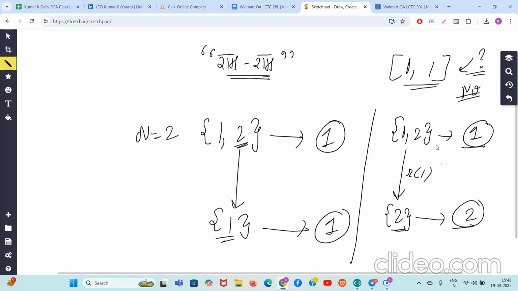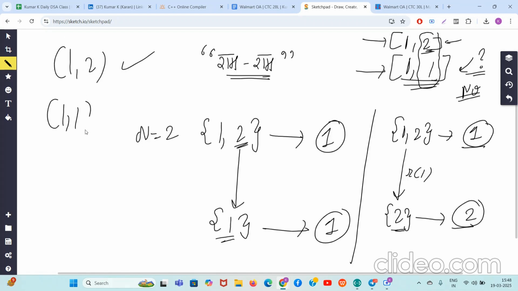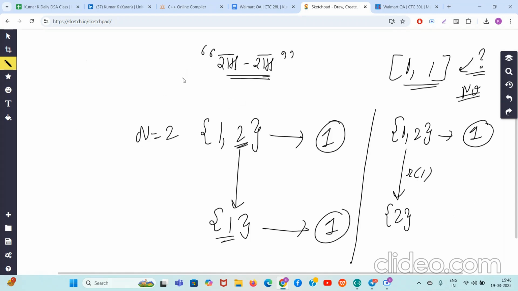Now the sequence is 1 comma 2. Which one is better? Whose LMS is better? This LMS is better because this is the first index where both are not matching and 2 is bigger, so this is better. So 1 comma 2 is the answer. 1 comma 1 is not the answer because in terms of LMS, lexicographically maximum sequence, 1 comma 2 is better. So you have to optimally decide how to remove the numbers so that your LMS of the final answer is maximum. Such a brilliant problem, my goodness.